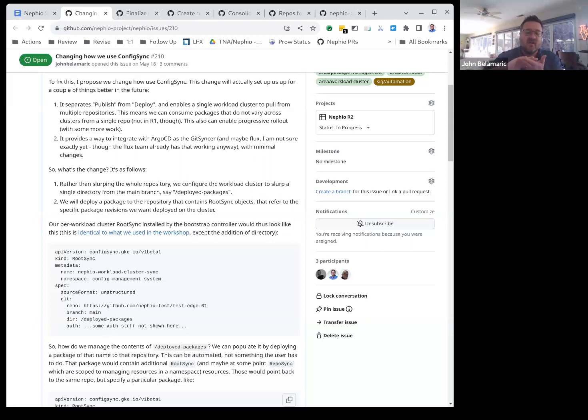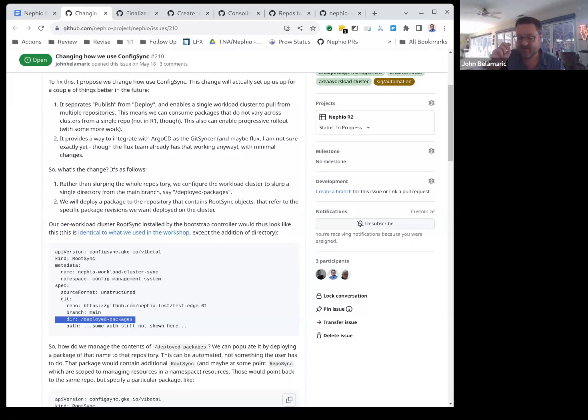What this allows you to do is roll back an individual package pretty easily, because rather than having this issue with a main branch for package revision and a V6 or whatever package revision, the one that's applied is the one that's listed in this directory. So to roll back from version 8 to version 7, you just change the root sync sitting under deployed packages to point back to version 7 and apply that deployed packages package, and config sync will roll it back. So config sync is what's in main.